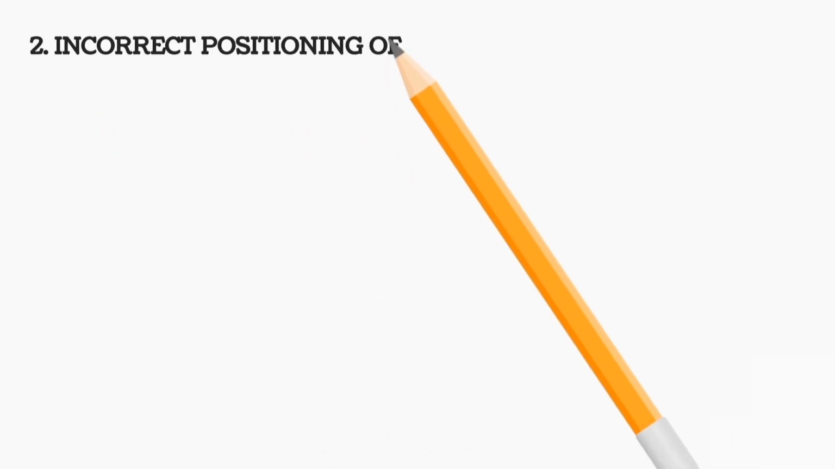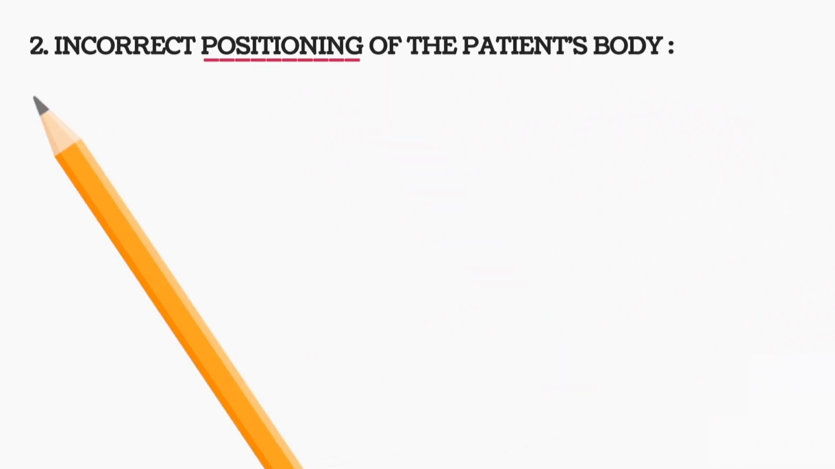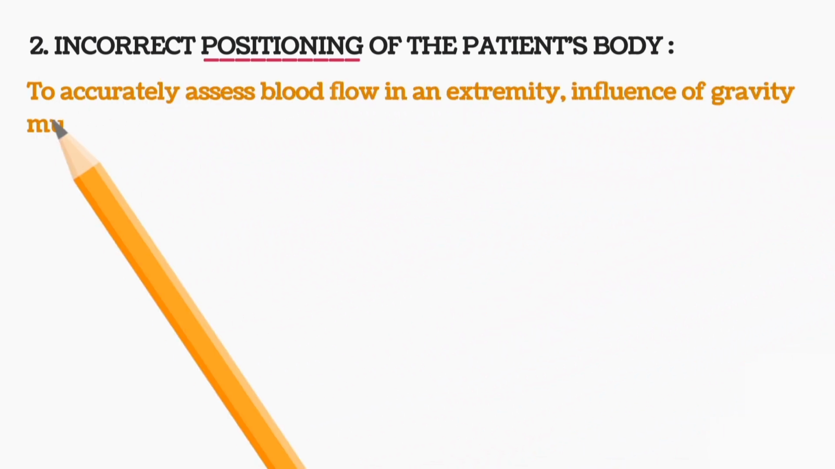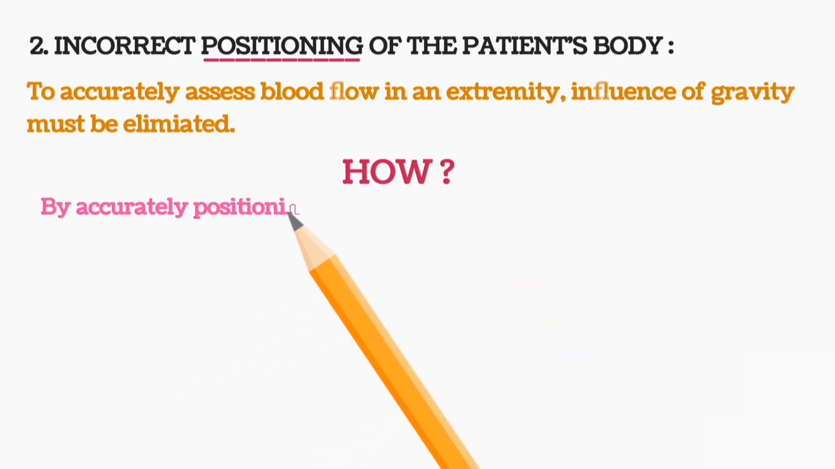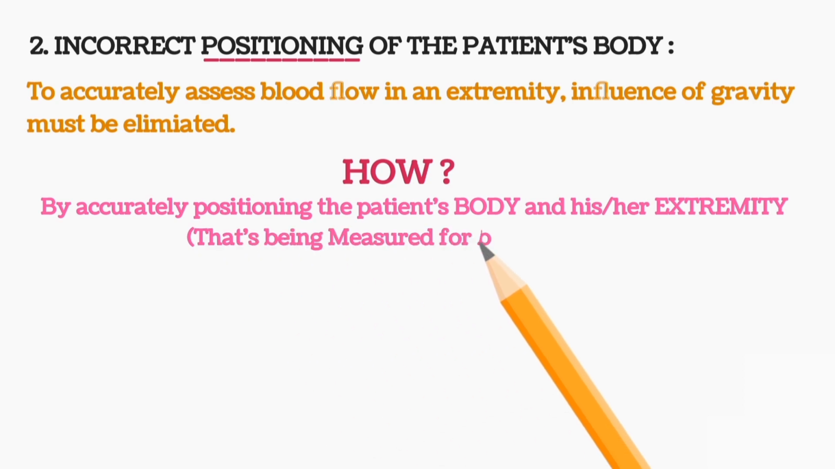Let's discuss what could happen if we incorrectly position our patient's body. So to accurately assess the blood flow in an extremity, the influence of gravity must be eliminated. But how? It could be done by accurately positioning the patient's body and his or her extremity that is being